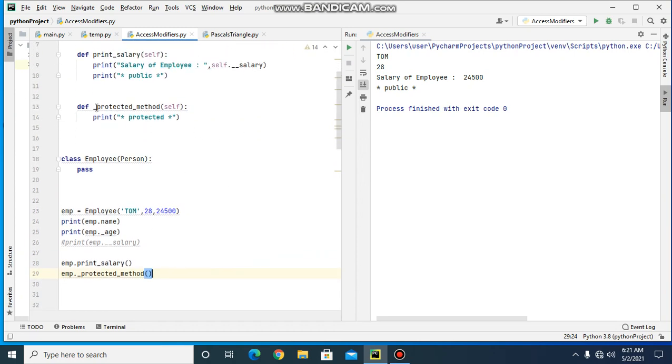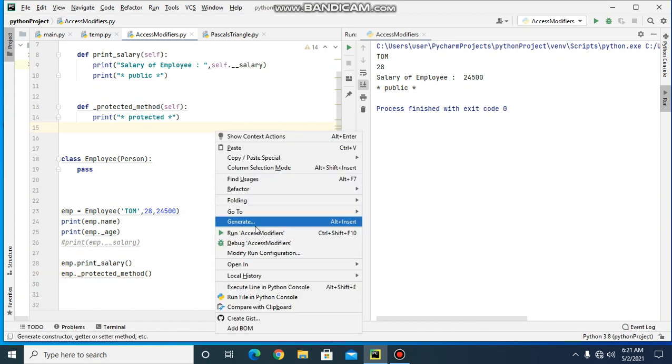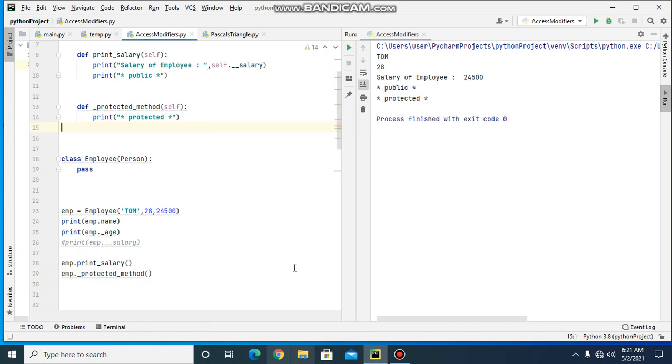So here I defined a protected method. Here also, just like a protected data member, we have to prefix it with an underscore. And I am displaying this message, protected. So we'll run this. So we were able to access the protected method from outside the class.